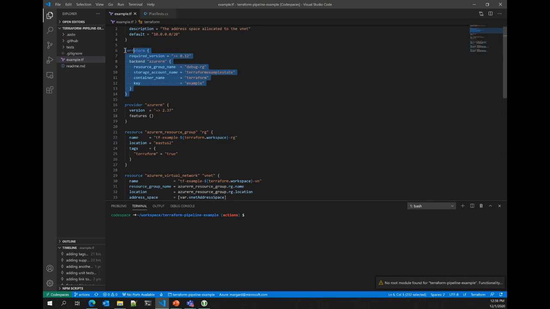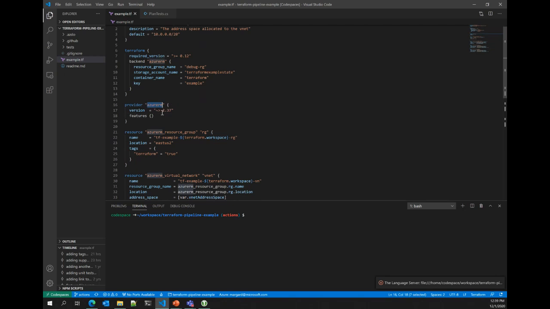I've got my Terraform block here that's defining my minimum version of Terraform that I need in order to be able to run this infrastructure. I'm also managing my state store. Again, Terraform specific. If you're using Terraform, you really should be using some sort of remote state management, whether that's Terraform Enterprise, Azure Storage Containers, whatever. Just make sure you have that capability to do this at scale. And then here are our dependencies on the specific providers that we're using.